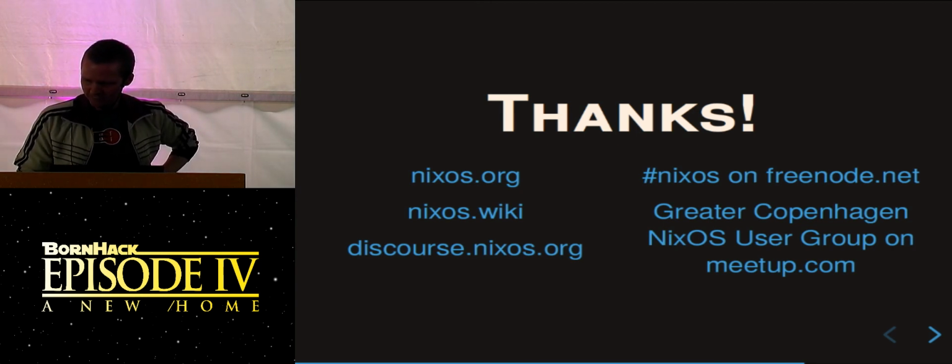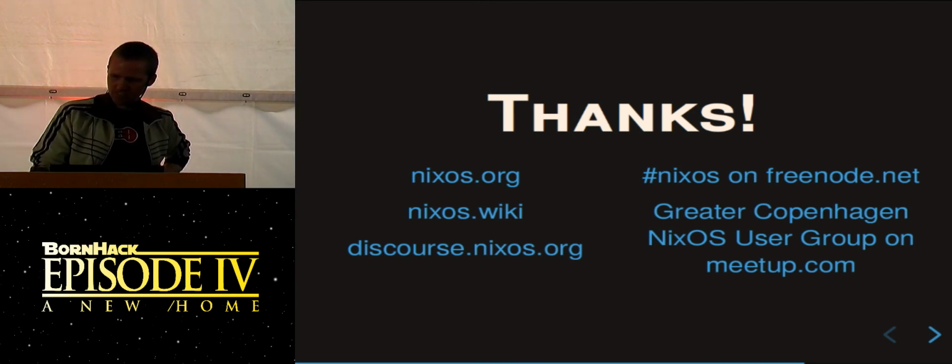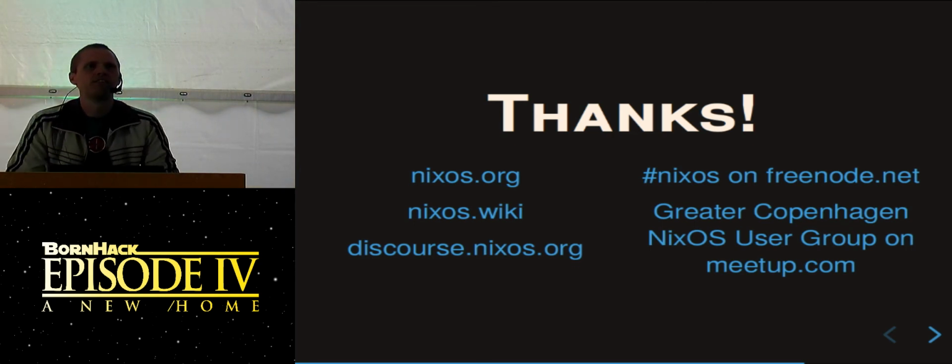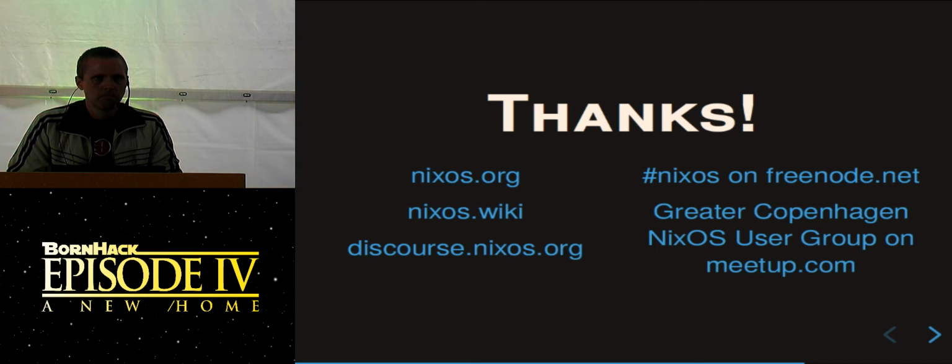We do have time for a few questions, so I think you were first. Hi. So you were able to mess up your configuration.nix and get an unbootable system and then restore an older system that did work. But you still have your broken configuration.nix. So how do you recover that one?